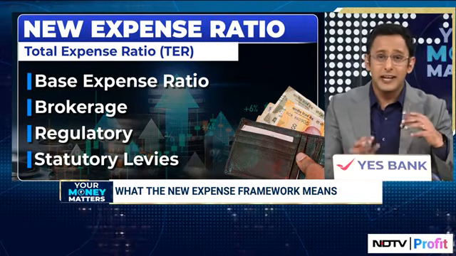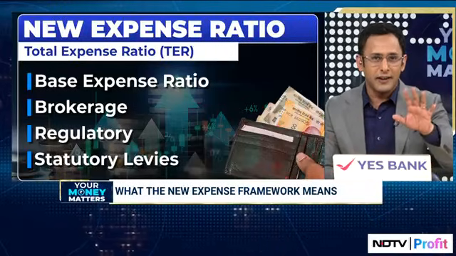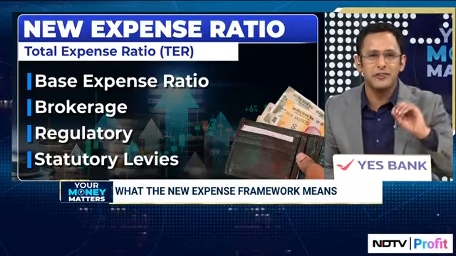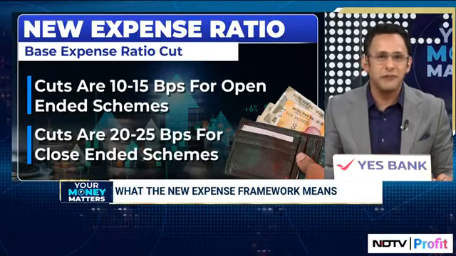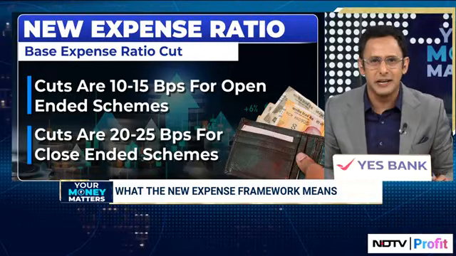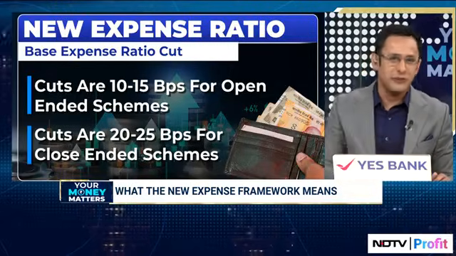What else has happened is, for those schemes that had an exit load, there was a special allowance given to them of about 5 basis points. And SEBI has said now it's been enough time. It was supposed to be a temporary measure. It actually lasted for more than a decade, and they've said remove this.